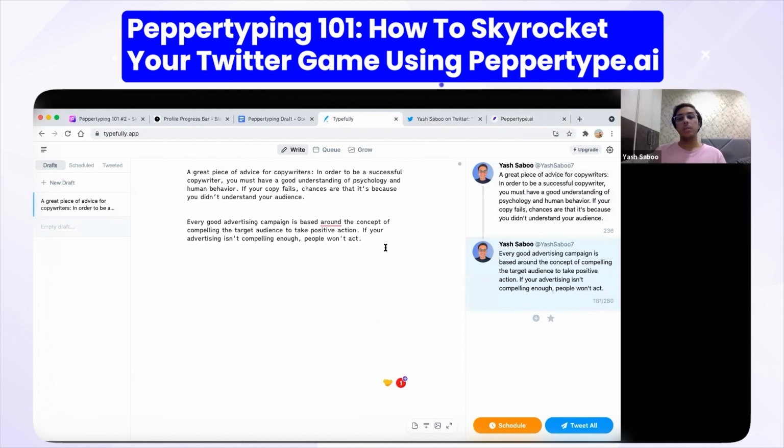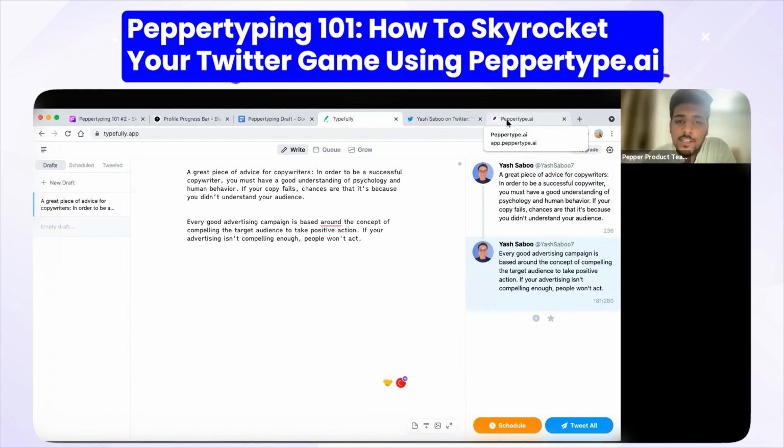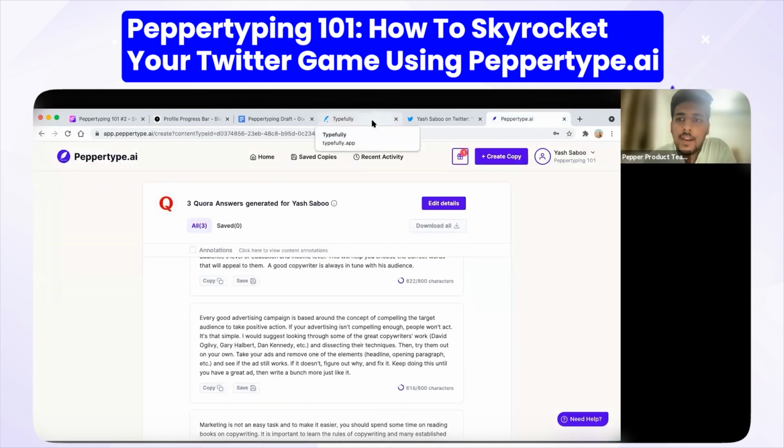So I went on Typefully and I have copied another advice here. This way it has automatically converted into a thread. And yes, I think we missed the part where we add a hook to the top of the thread, right? And that is quite an important part there. Yeah, we're gonna get started with threads right now. So we covered